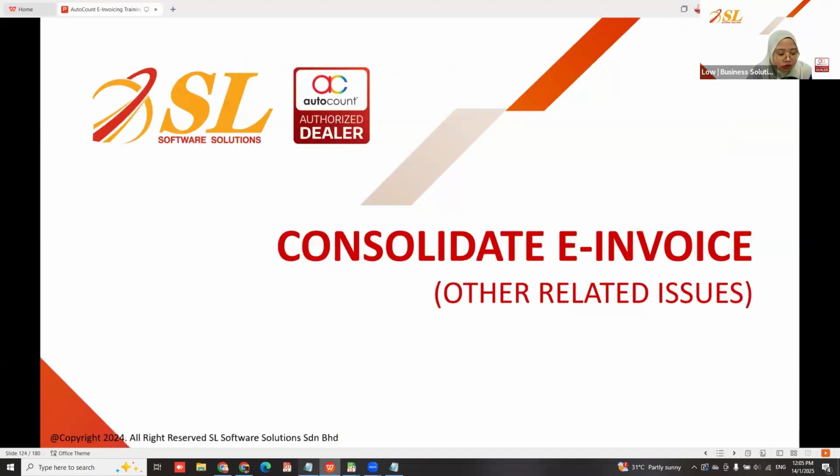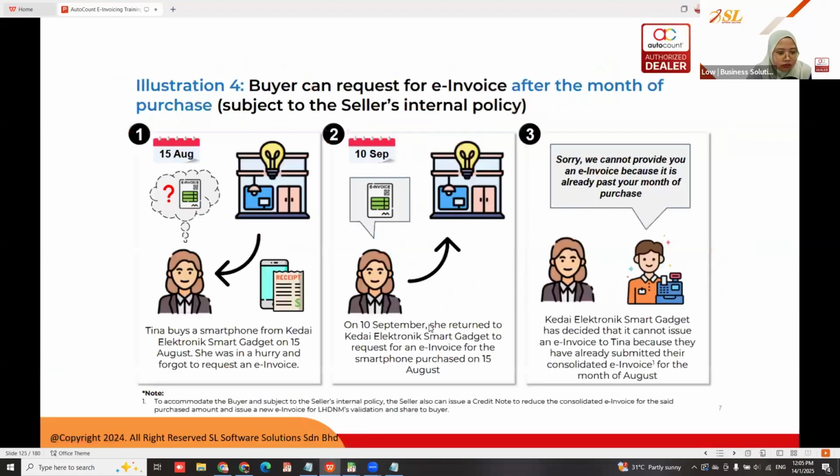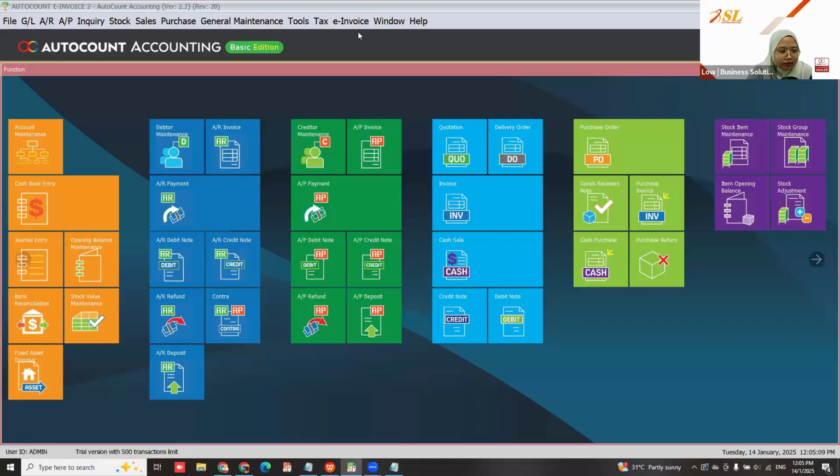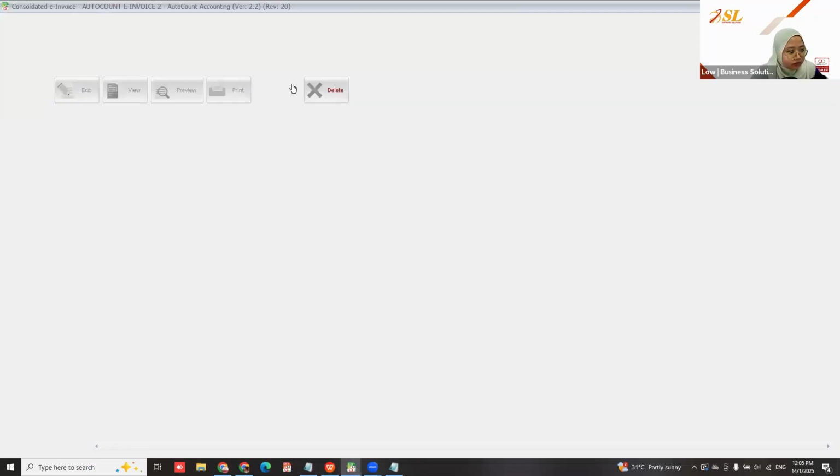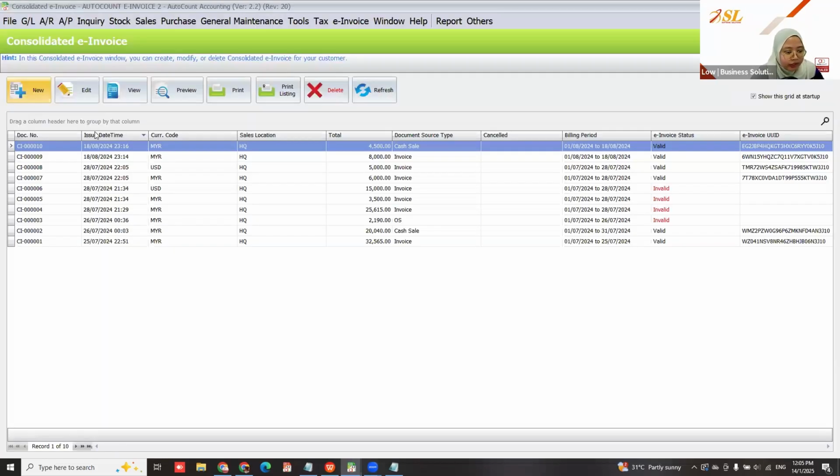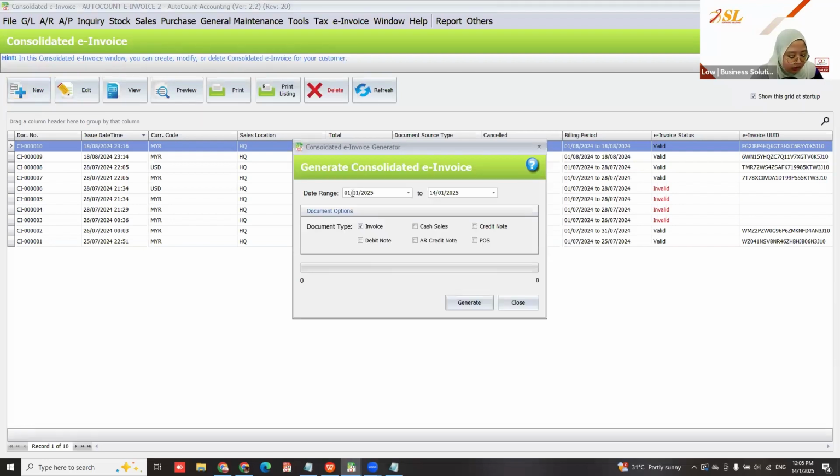Okay, so this one I show you first, the consolidated. So you go to invoice, how to submit, go to consolidated e-invoice. Okay, and then you click new. Okay, this one I prepared a few samples. Okay, let's say this one should consolidate by 1 month. But this one I want to show you the sample. So I put